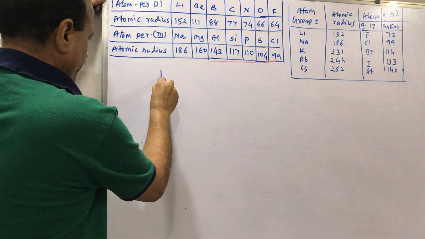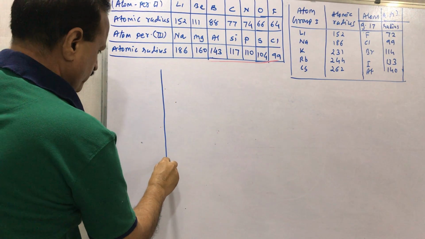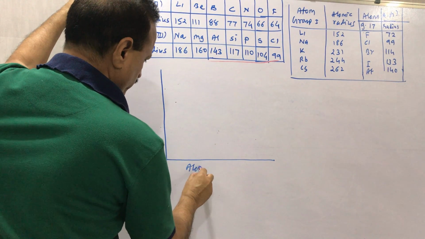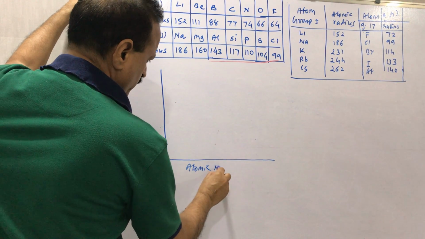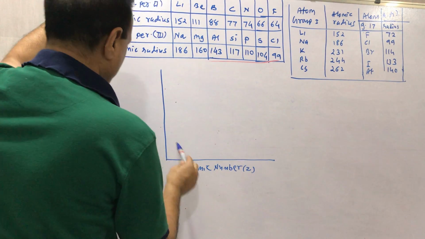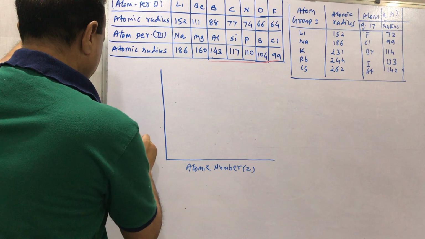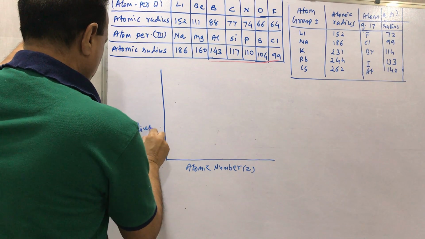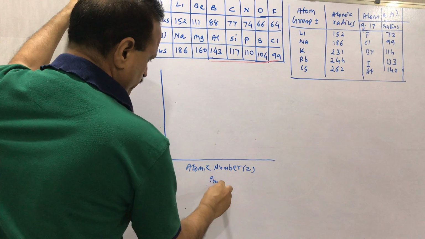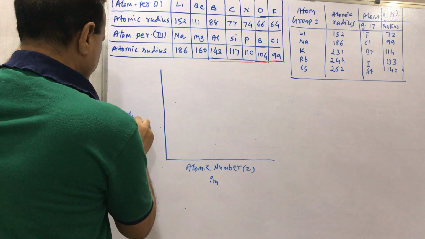So I am drawing the graph. Here is atomic number, that is Z. Here is radius, it is in picometer. Atomic radius,